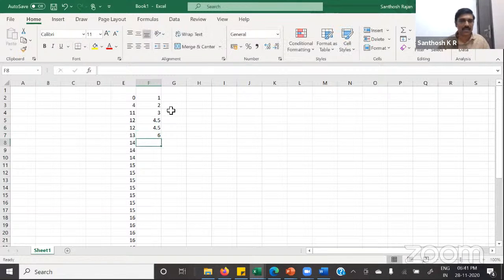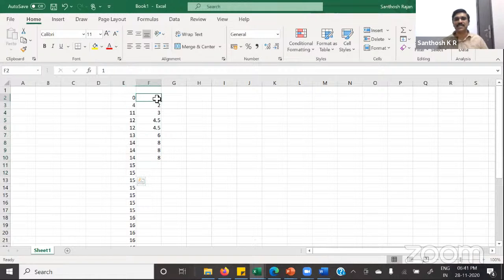Now, how many? There are three 14s here, 7, 8, 9, so I will put 8, 8, 8 for these. Next has to be 10, but there are how many 15s? Likewise, the ranking will go. I am so sorry if you did not understand. The ranking will happen like this. I will rank each score like this in the data, and I will do the analysis on these ranks, not on this data.